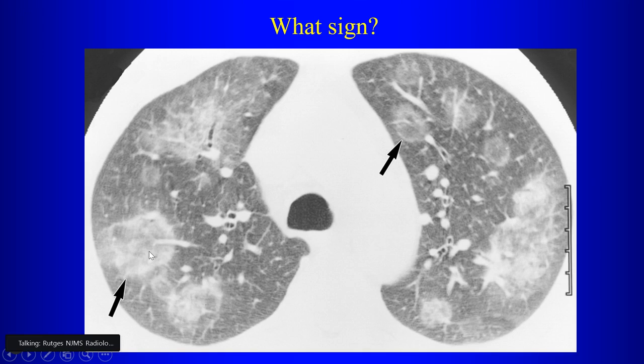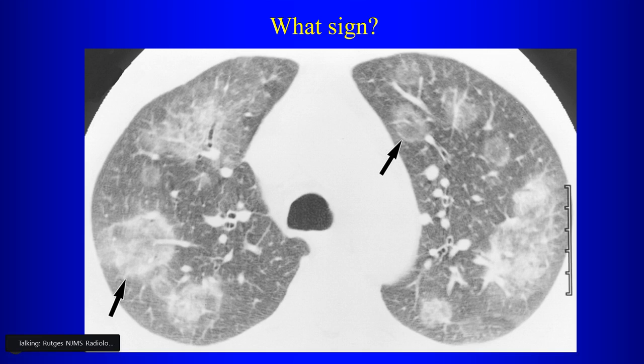So it's not cavitation, right? It's still ground glass opacity. But that is the reverse halo sign. So in the literature, this has been associated with organizing pneumonia. As it turns out, though, the reverse halo sign is a very nonspecific sign, and so it's not really pathognomonic for organizing pneumonia. Around here, we have seen the reverse halo sign, particularly with two particular disorders, besides organizing